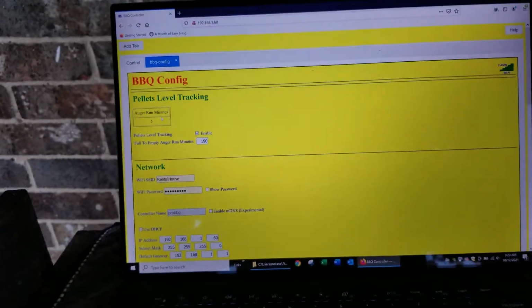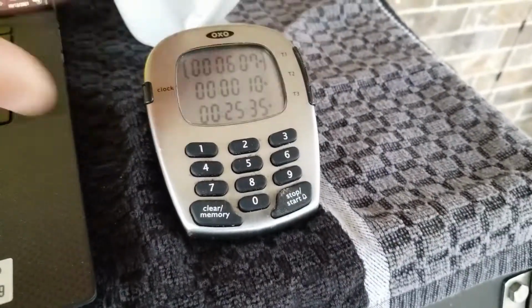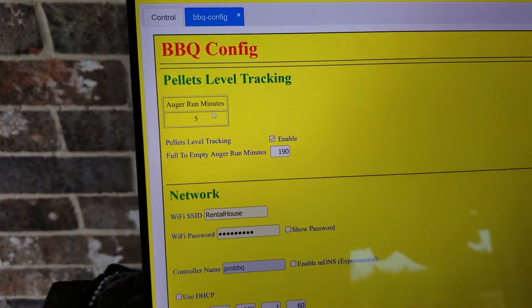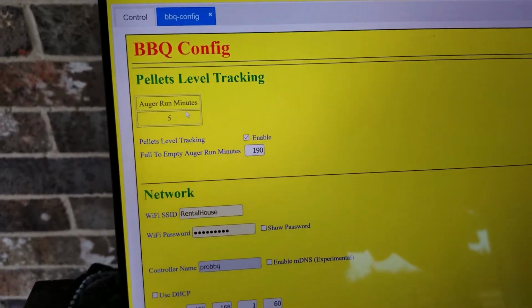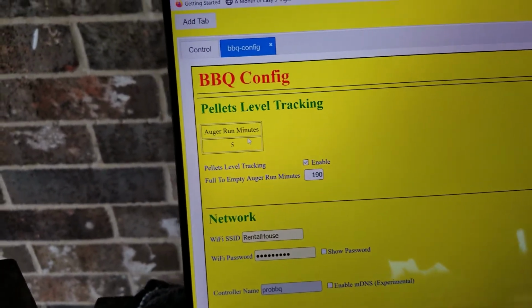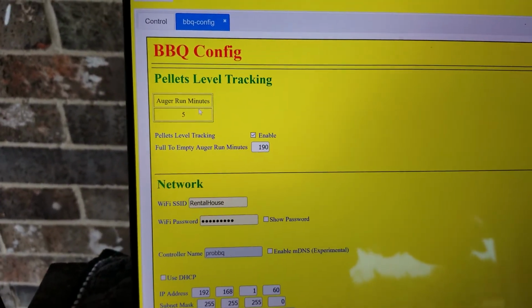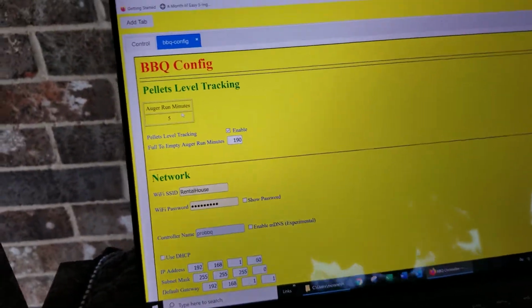But I wanted to show you that, and that's the reason why I used the timer. Because you can see it's at 6 minutes and 7 seconds. This might have been registering 5 minutes and 59 seconds, or 5 minutes and 40 or 50 seconds, or something not quite 6 minutes, right? We don't know. So